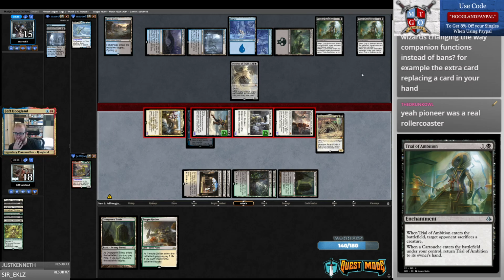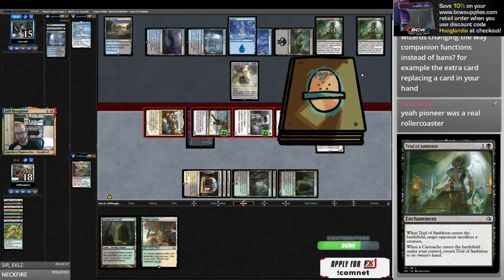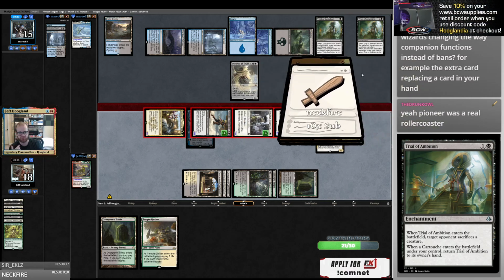Welcome back. What do you think about Wizards changing the way companions function instead of banning them? For example, the extra card text. Sure, I think they could update that if they think there's a problem. I also